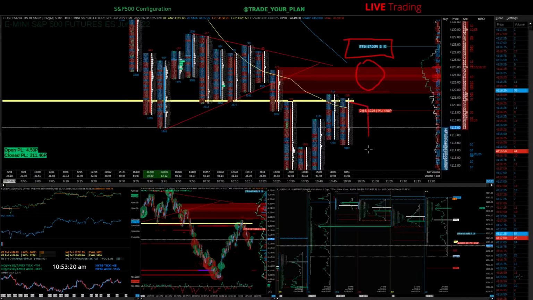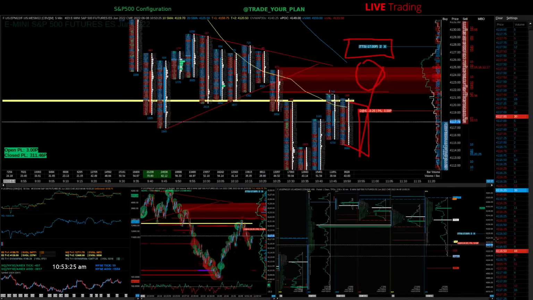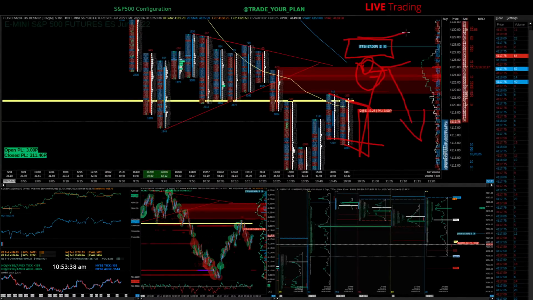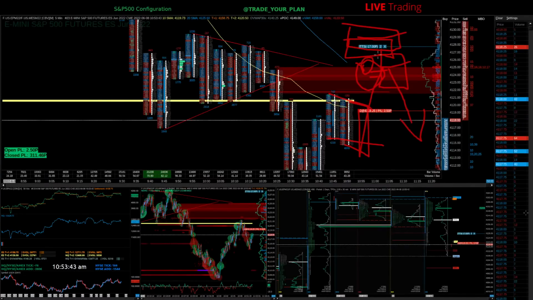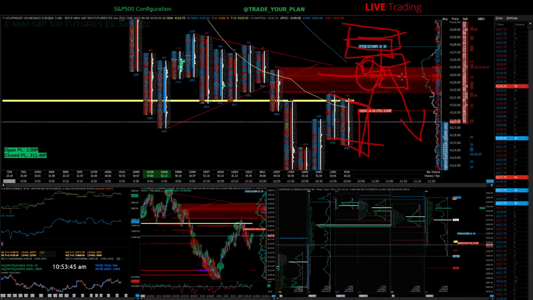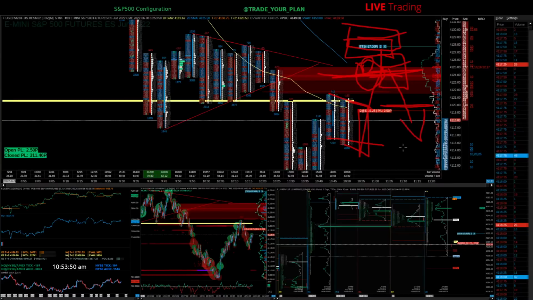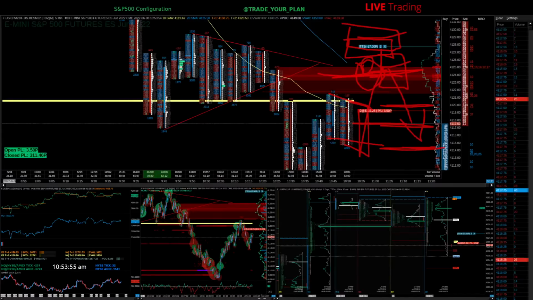If we make a little rally, come back up and do this. Top of balance from here would be about here, and then we would just scale in, looking for a return back to the LVN down here. And then our stops are going to all be in this zone. Entry all through here, maybe our average somewhere in here. Stop here. 1R would be here. 2 R's would be there. 1.5 R's would be about our target.